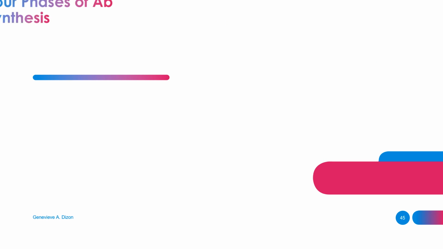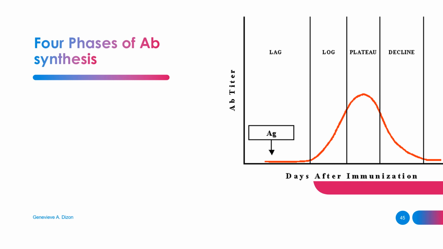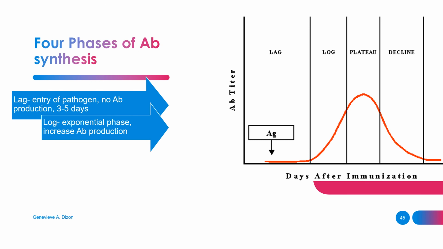There are 4 phases in antibody production or antibody synthesis, and these are lag, log, plateau, and decline. The first stage is the lag phase. This is when the pathogens have entered the body, so there is no antibody production happening in these days. These are usually 3 to 5 days of no antibody production. The next stage is the log stage, also known as the exponential phase, where there is an increased antibody production. So this is when the B cells have already been differentiated into plasma cells, and the plasma cells have started